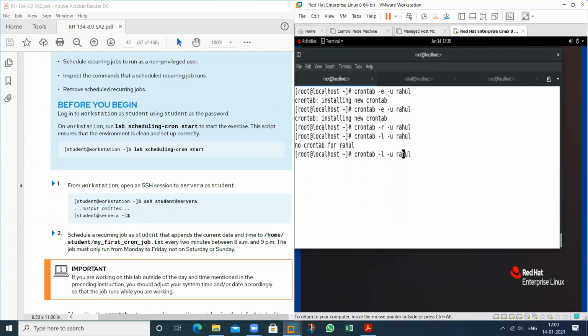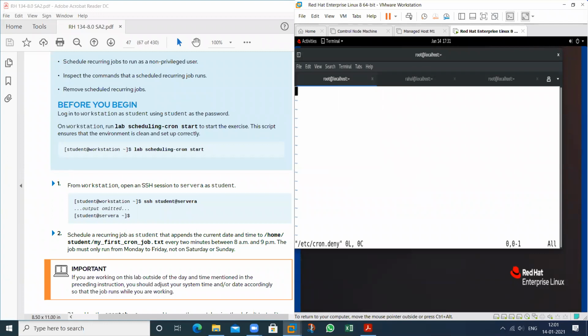Then I can use vim. In this vim, go to /etc. In this we have a file. If I enter the value of Rahul user in this location, then that particular user is not able to perform the cron job. So that is the cron.deny file. So go to this particular file location.